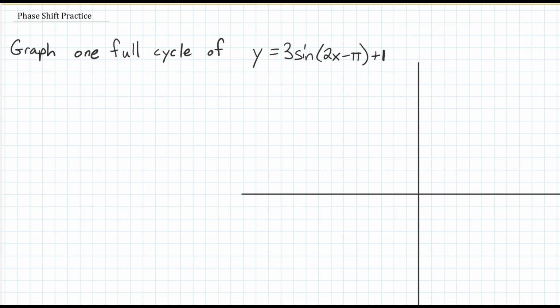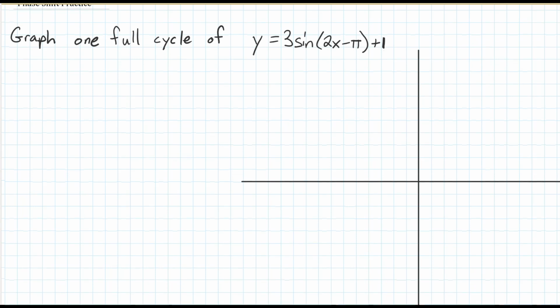All right, I'm going to go through a couple of examples of how to graph a sine or a cosine curve with all the different transformations we've talked about already. So change in amplitude, phase shift, midline, and a change in frequency. The first thing you'd want to do if you see a function like this, you might notice that the frequency is 2. But in order to see what the horizontal shift is, I'm going to factor that 2 out